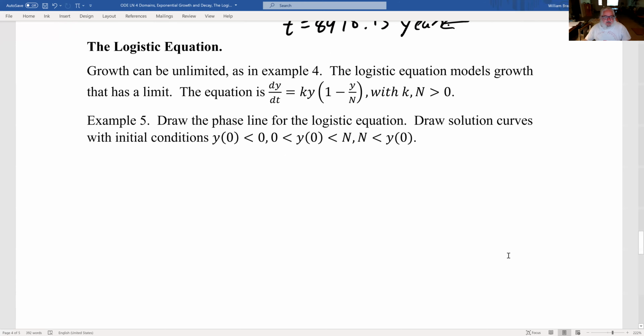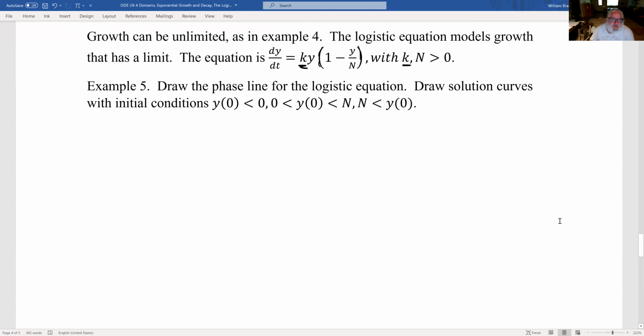This models growth that has a limit: dy/dt equals ky times (1 minus y over n). So this is exponential growth, since we have k greater than 0. And this part is a cap on your growth. It's saying that when y equals n, you actually have an equilibrium. So the phase line for this,